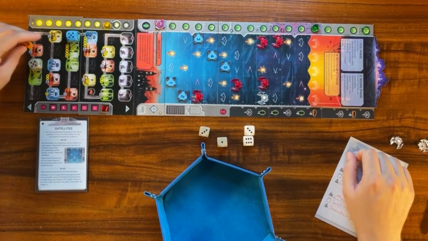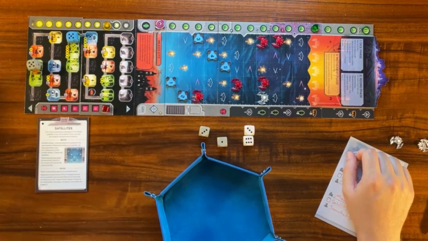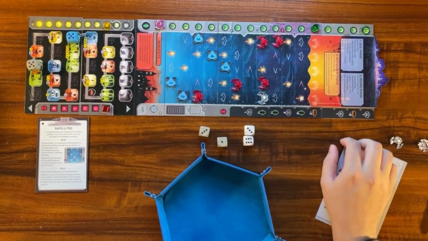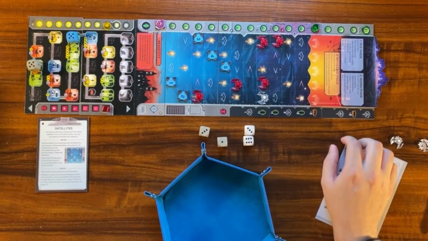1, 2, 3, 4, 5. It was 5 or less, so it auto moves. No one in that section. Perfect for us. We're not going to be researching this turn. At least in the big category. But with that,